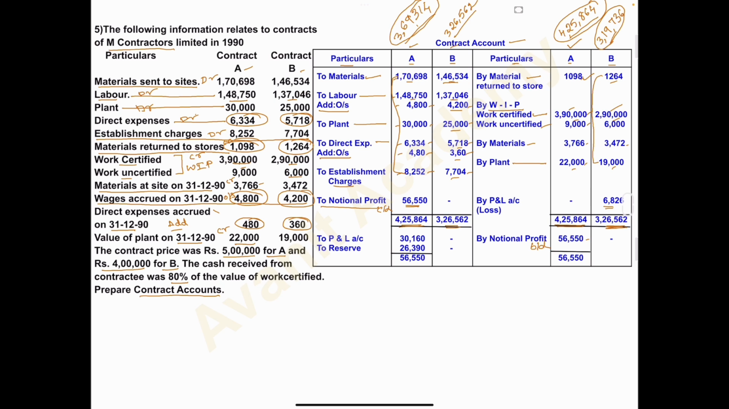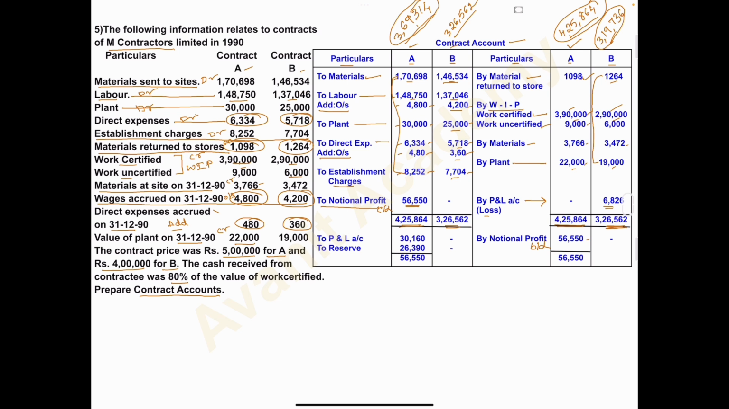If we get the difference amount on the credit side, it is a loss. Got it, all of you? If you get the difference amount on the debit side, it is a profit in that contract. And if you get the difference amount on the credit side, it is a loss. So in contract B, there is a loss because you have got the difference amount on the credit side, that is 6,826. To profit and loss account